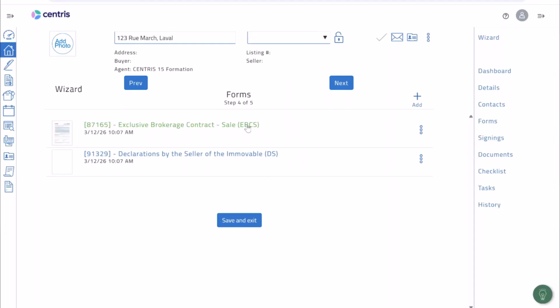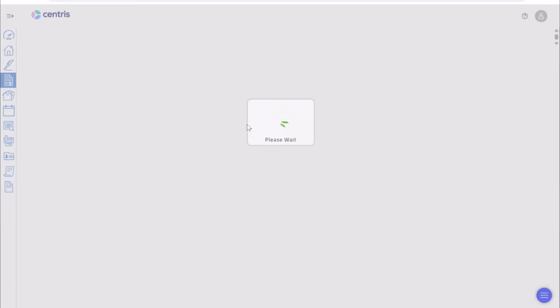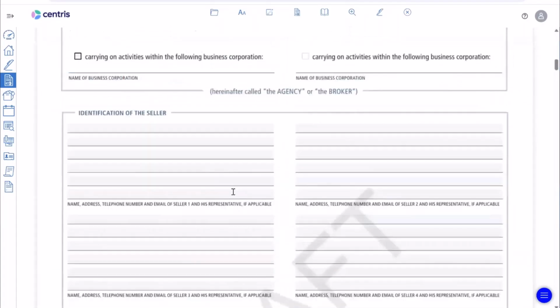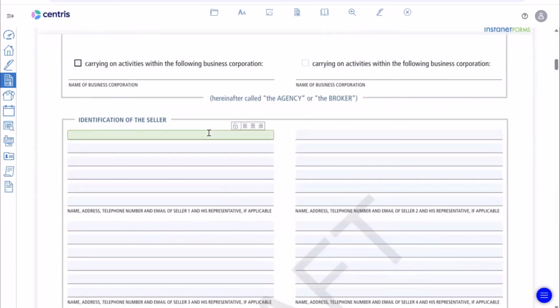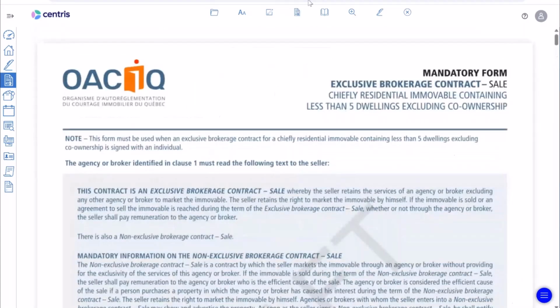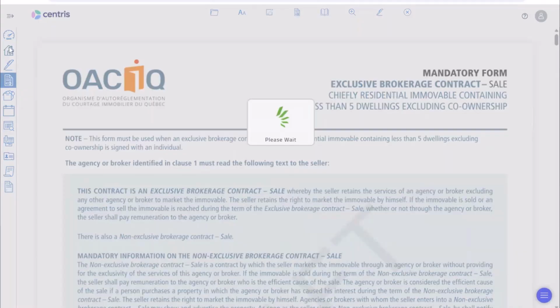So now let's say I go to the contract. And I'm gonna add some information to it. So I added some information. I'm gonna add Mr. Arch Seller. Let's say that he lives on 123 Rue March. Okay, I'm gonna go back and save it. So now if I go back to my home screen,